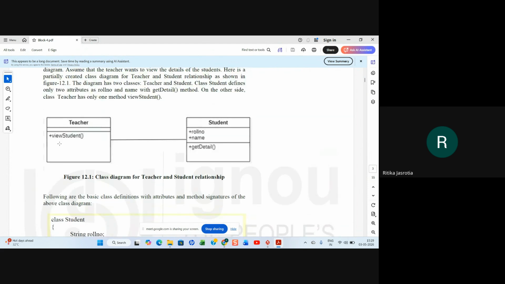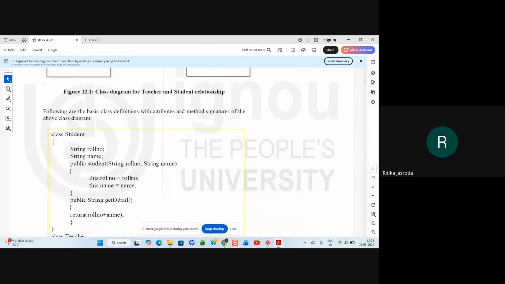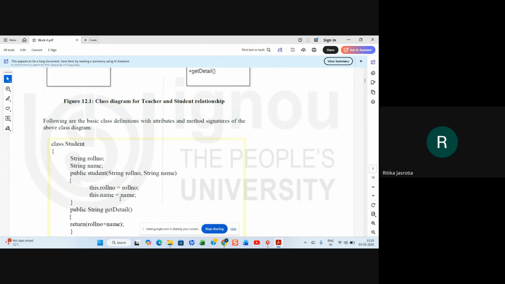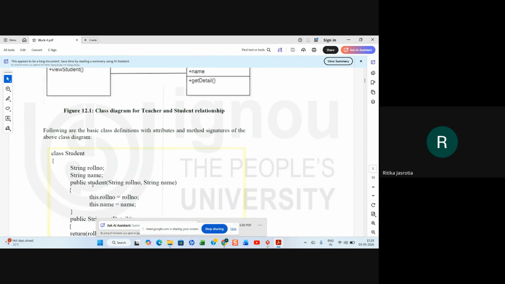So if you have to make a class for student, you will say class student. This is in Java they are showing you. You can also do it in C++. So class student, string roll number, which is your attribute, and string name, and public student, this is the constructor they have created for the student class.